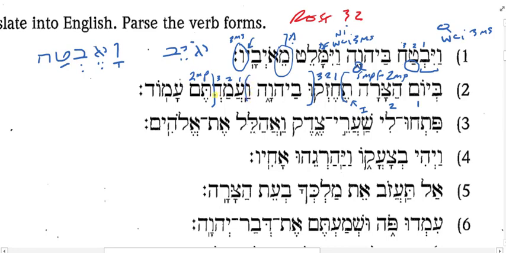And when I have a vav in front of a perfect, and I have an imperfect in the clause before, which was future, then this perfect might be what we've been calling a WCP, which will take on the nuance of the imperfect before it, okay? Which means I'm going to want to translate this as future. So you will be strong, and you will stand, and then I have amod, and you will stand. What does that mean? You will surely stand. What form of amad do we have here on amod?